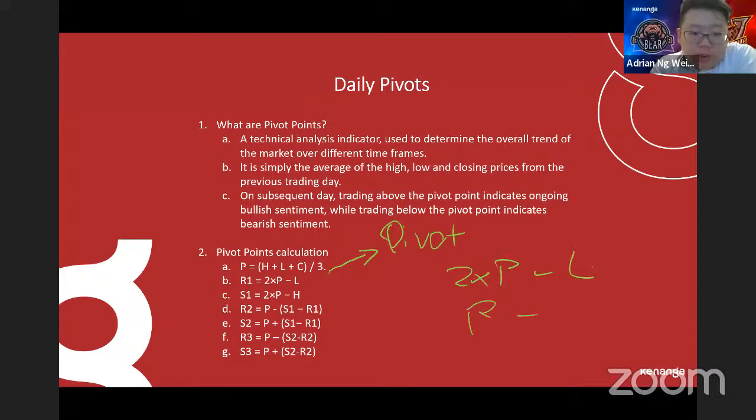R2 is actually PS1 minus R1. So you basically need to come up with these three first. Then you can define your second level. All right. So every level you can look at as support and resistance. What is support and resistance? Basically,